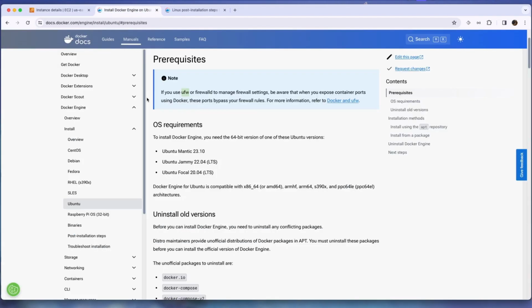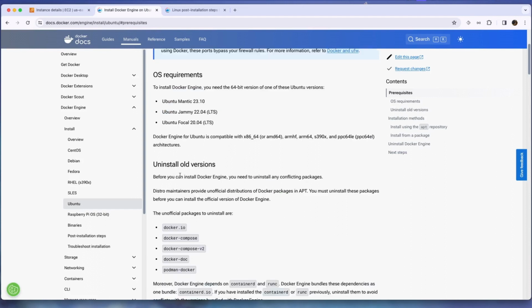It means it's all clean, there is no firewall installed. We use Ubuntu Jammy, so it's okay with x86_64 or AMD64.